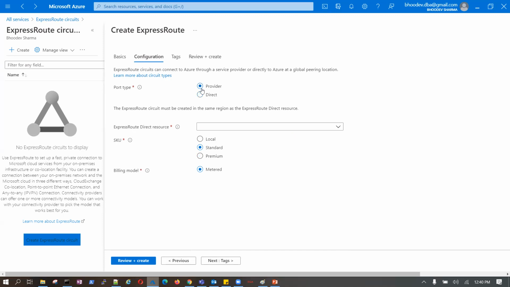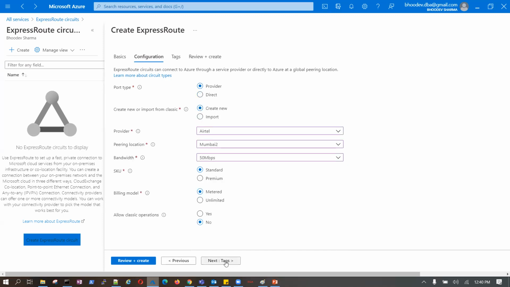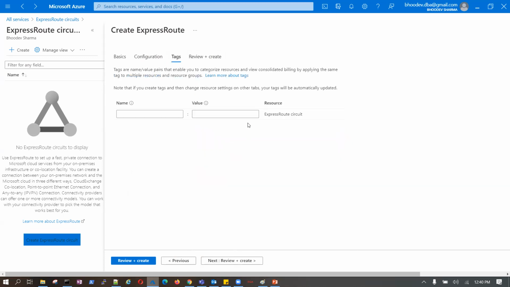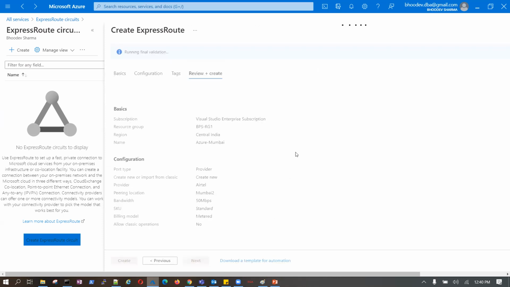Now go ahead and say next, tags, and then you need to configure it. This is only the Express route circuit, this is not the connection. And if I say create,